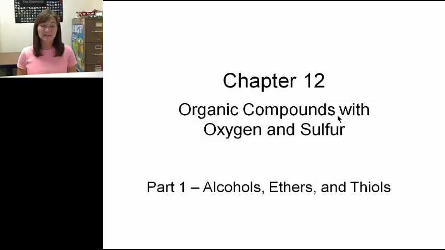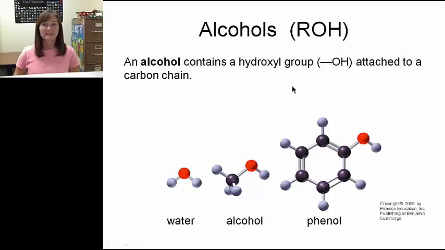The ones I'm going to focus on today have the element oxygen and sulfur in them. So the three I'm looking at are the alcohols, the ethers, and the thiol functional groups. Alcohols have a hydroxyl group attached to, and remember the R variable stands for an alkyl group, just a group of carbon and hydrogens. An alcohol contains the hydroxyl group, I do want you to know that, so get that memorized, attached to